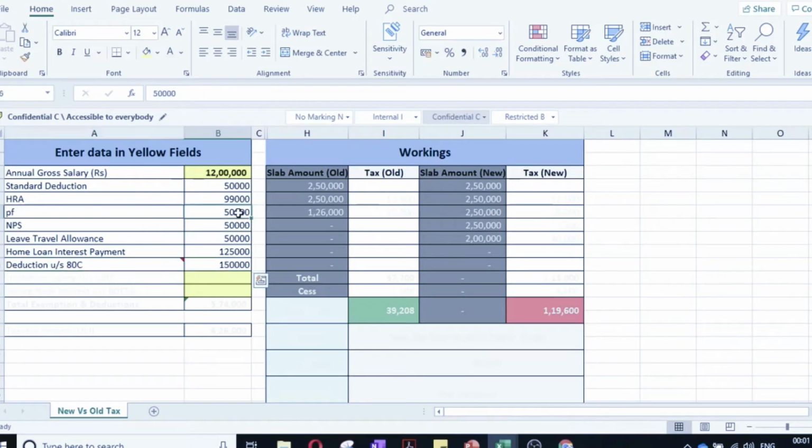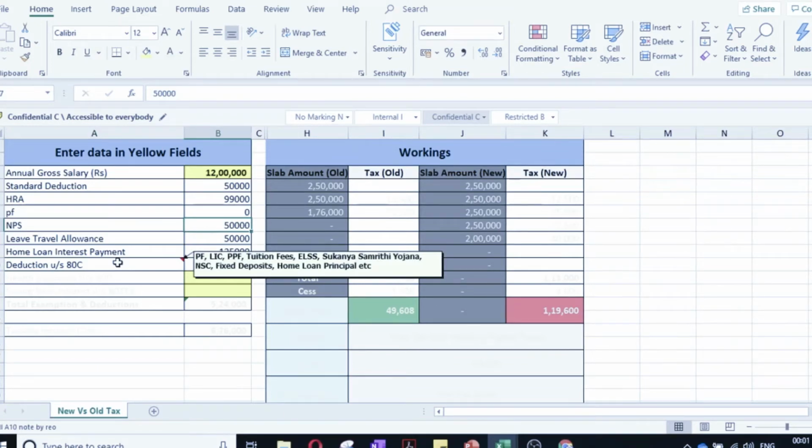This PF will become 0 because PF already comes under 80C. In 80C what are the things coming? PF, LIC, PPF, tuition fee, ELSS, home loan principal, fixed deposit, etc. Okay, so we'll leave this.